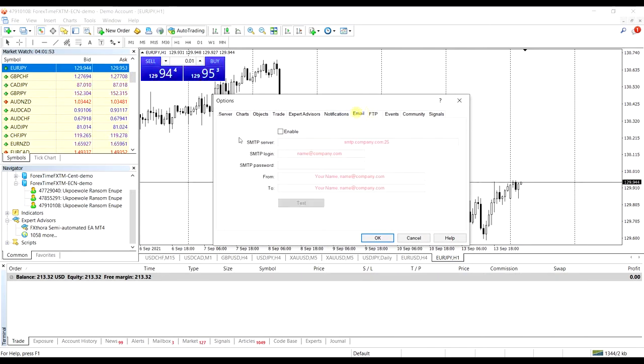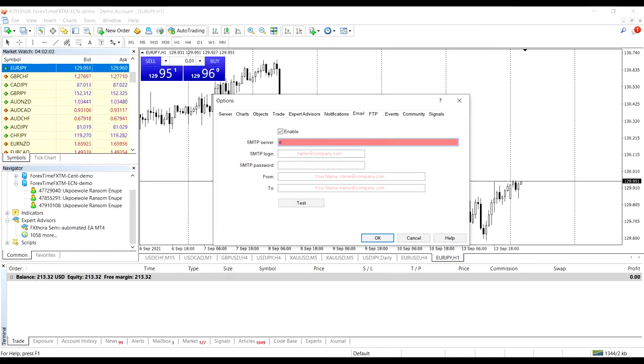When you go to email, you check this enable box, and here you write smtp.gmail.com, and then for SMTP login you write your new email address.